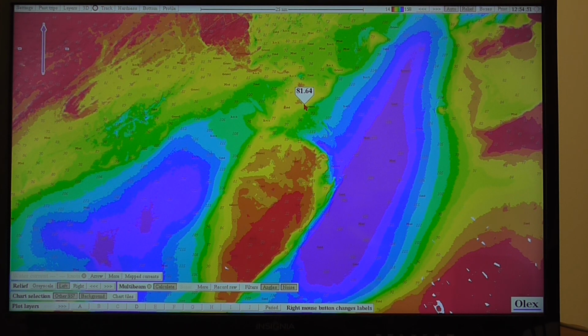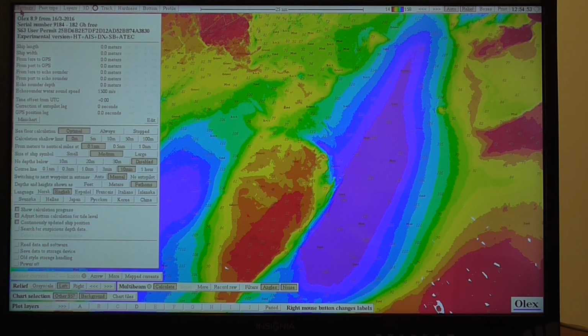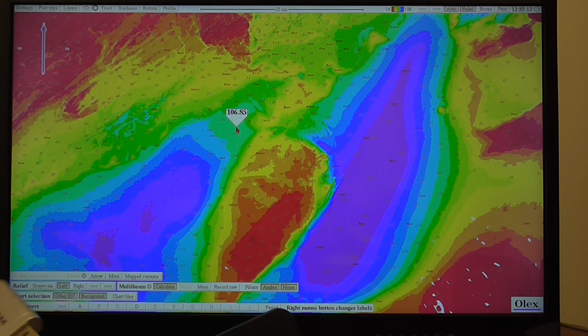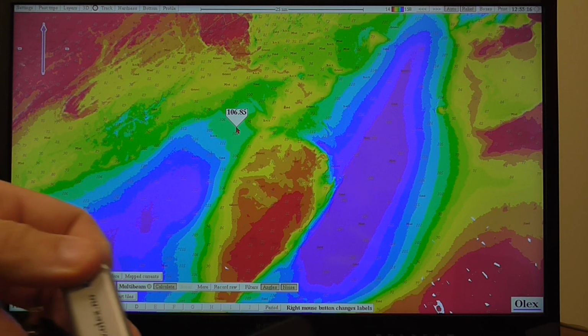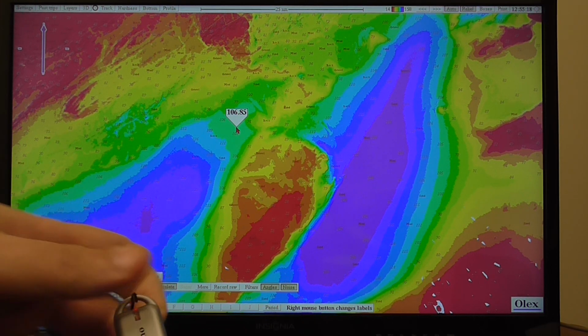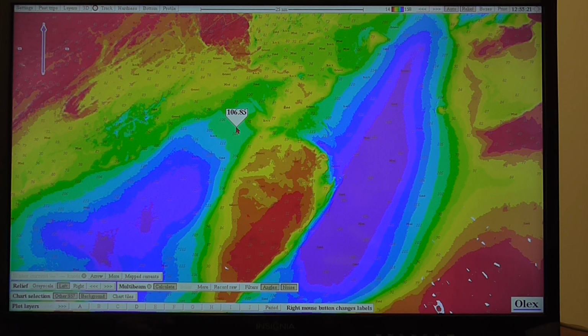The other thing you can do from this, if we check here, I'll touch on software upgrades because it's important. 8.9 is my current version. So let's say I had an older version and I went to the Olex website and decided that I wanted to do an upgrade. Again, it can be done by your local dealer, but if you're in a little more remote area where it's hard to get local service, you can save the file on a memory stick that you download from the website,